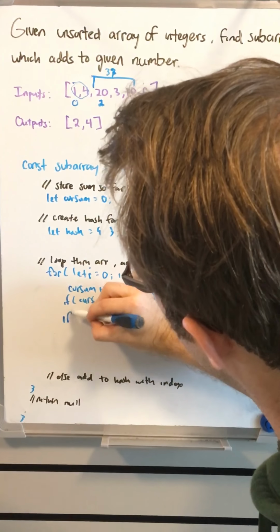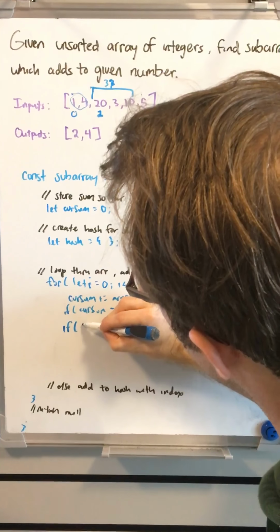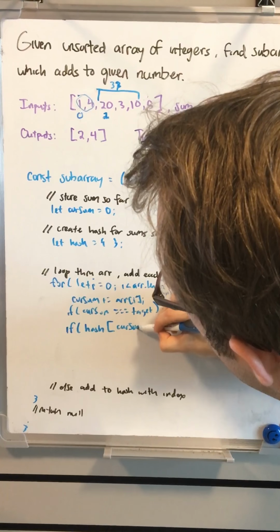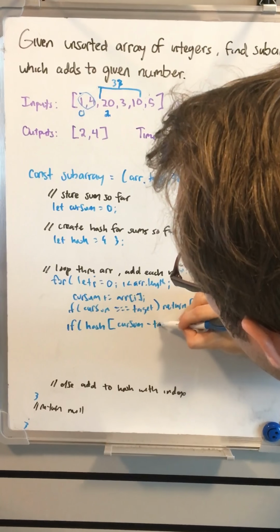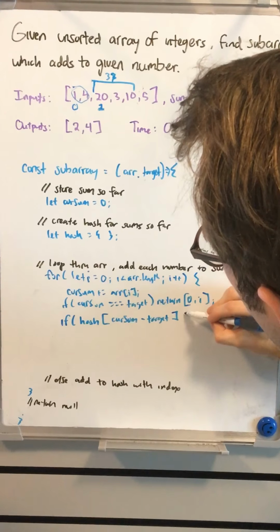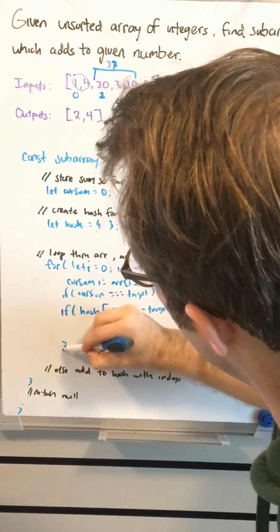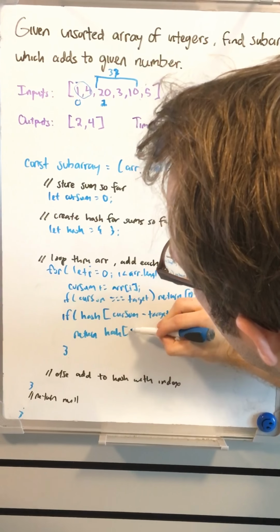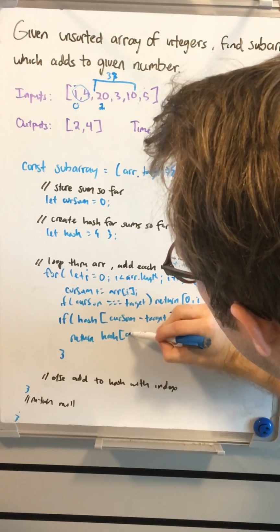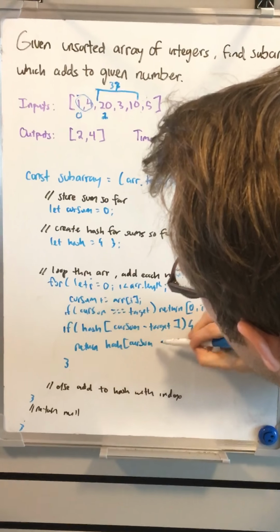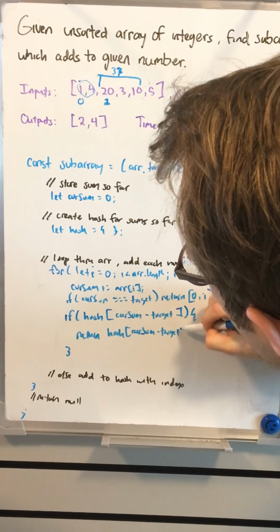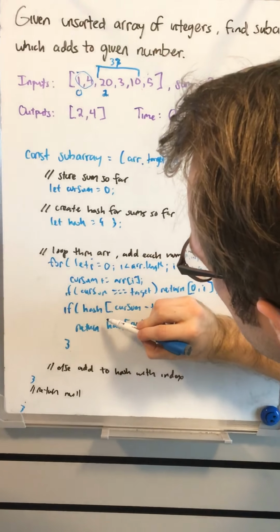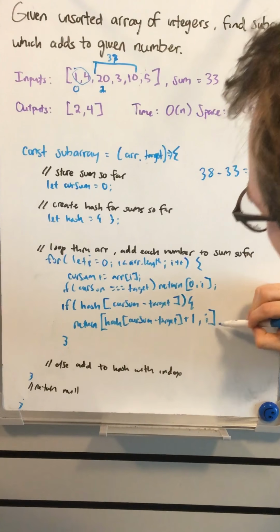So we say if the current sum minus the target exists inside of the hash, then return to me the value at that hash plus 1 to the current index, because we know that if we're at the current index